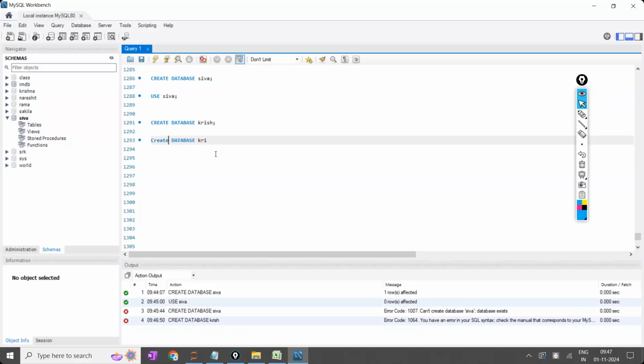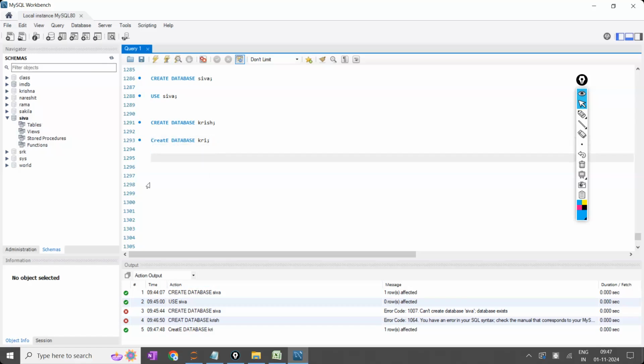First C is caps lock and remaining small letters, or the last letter is again caps lock. Anything you can do, it is going to add. So small letters or caps lock, that is not a problem. It is not case sensitive. Is the point clear? Like this, we are going to create the database.